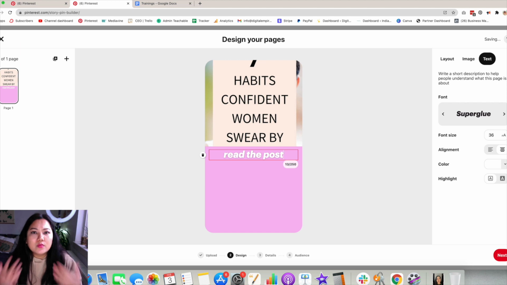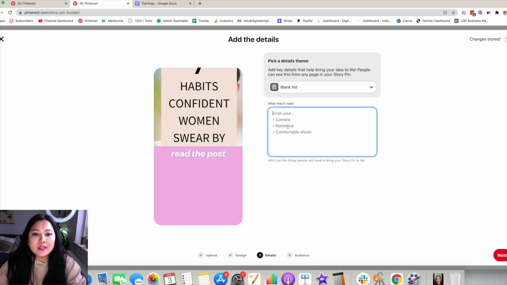Now, story pins are really cool for people who are, let's say, creating recipes, creating guides. If you're a business owner who wants to share the behind the scenes look on your Pinterest profile, again, an excellent way for you to showcase that. And not only this, you can also add all the items that you would need to create that. So for example, if you're showcasing how to create a DIY kitchen shelf, then you can actually add all of the ingredients or the raw materials that you would need.